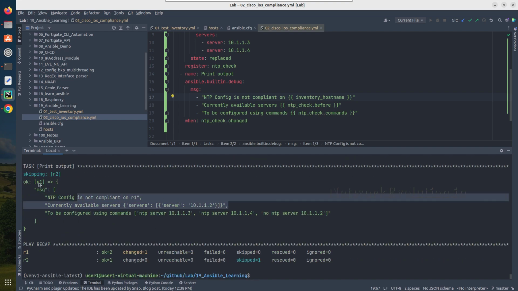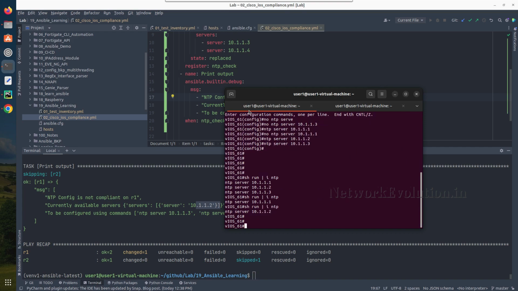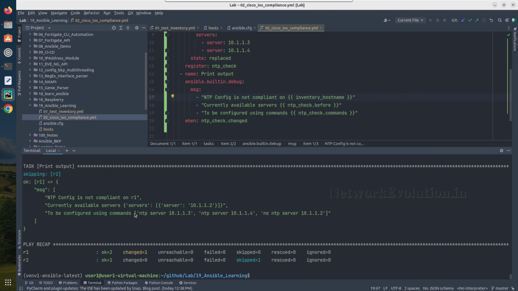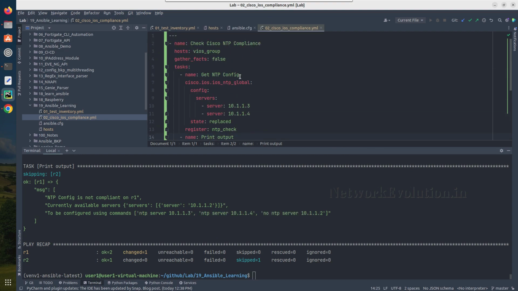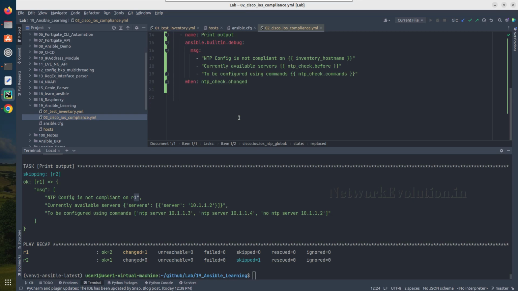So in R1, now we have only this particular server configured, 10.1.2, and to be configured using these commands. Since we have given state replaced, this is going to replace available config with only these two servers. Now here, instead of this inventory hostname, if you want to get the IP address, what we can do,